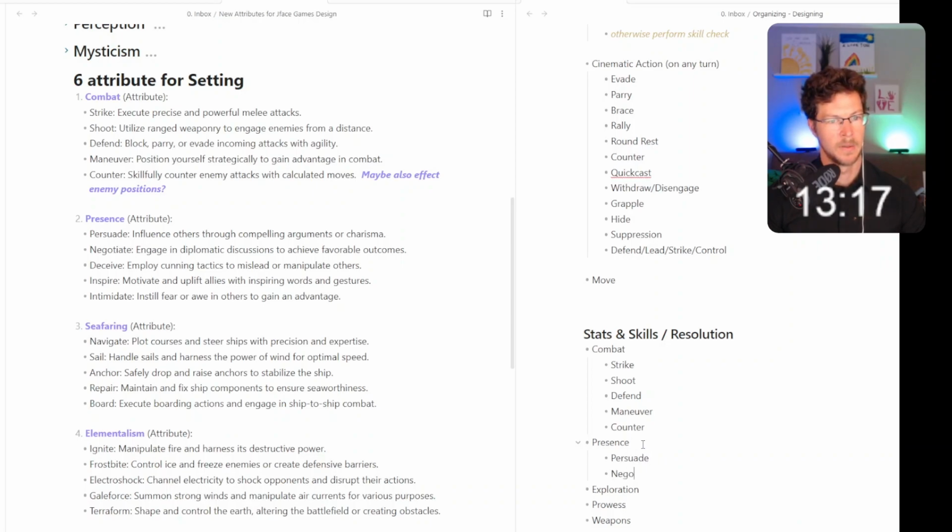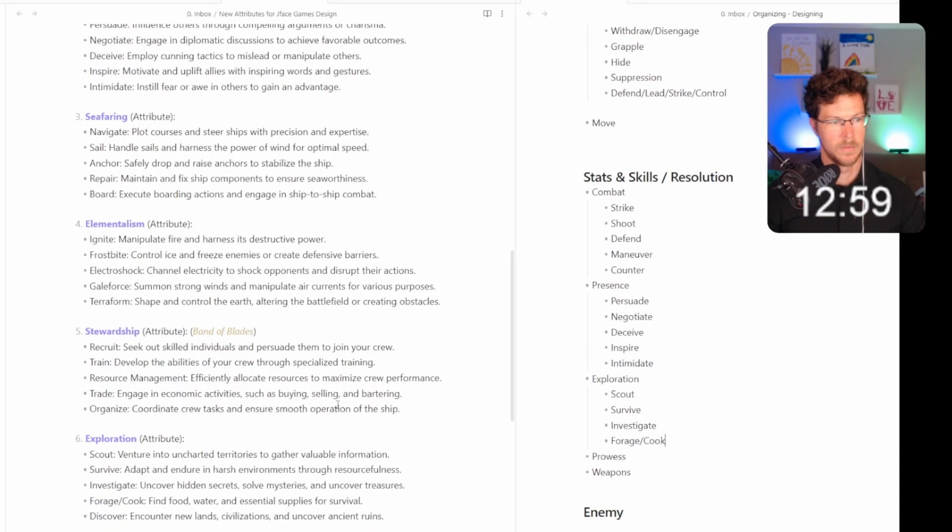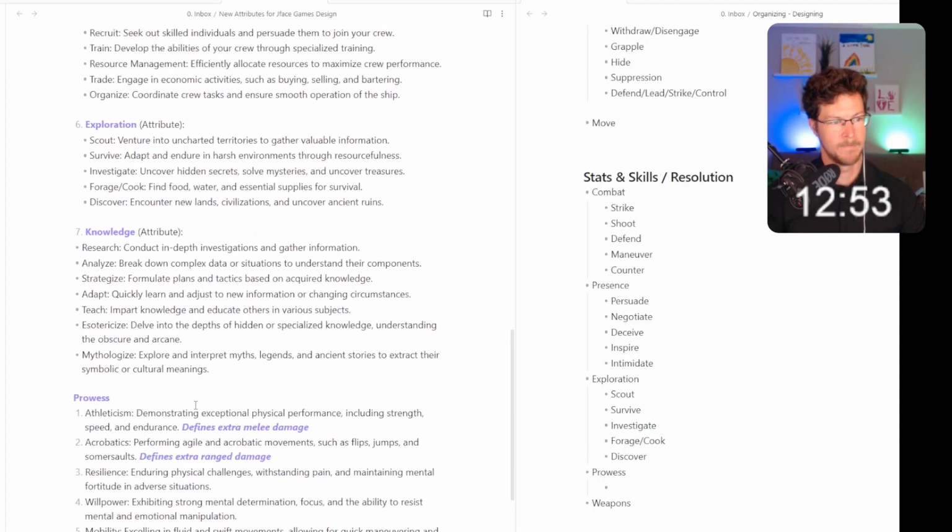Persuade, negotiate, deceive, inspire, intimidate. Exploration, no, that's not there. Scout, survive, investigate, forage, cook, discover. Probably a little bit too...